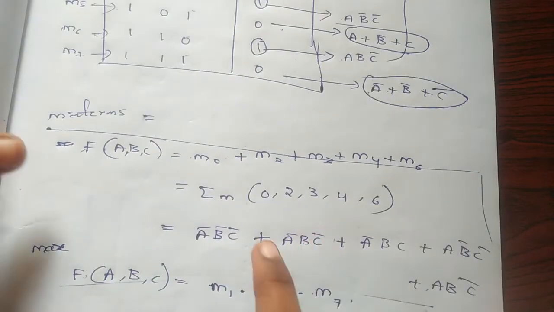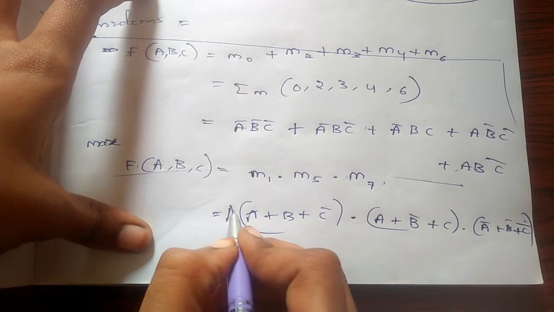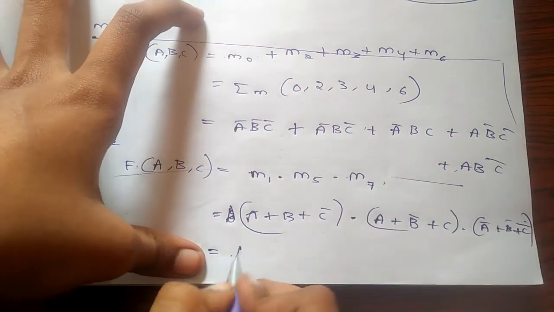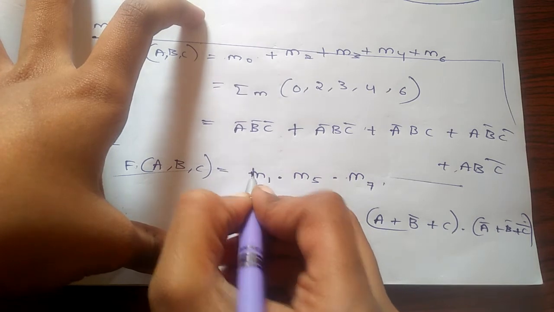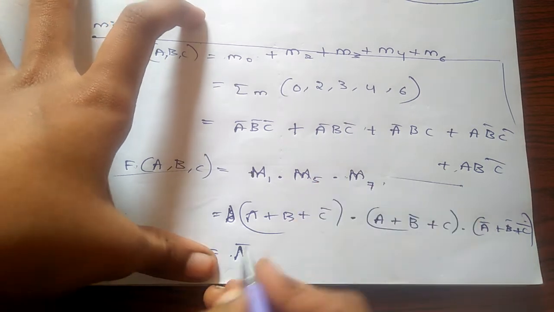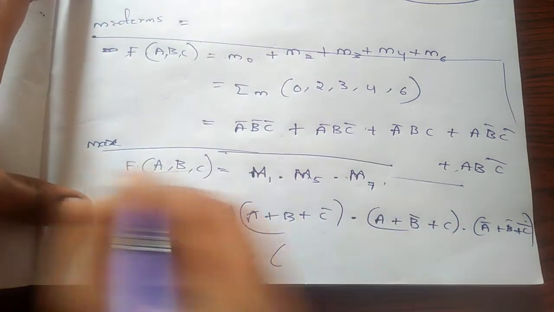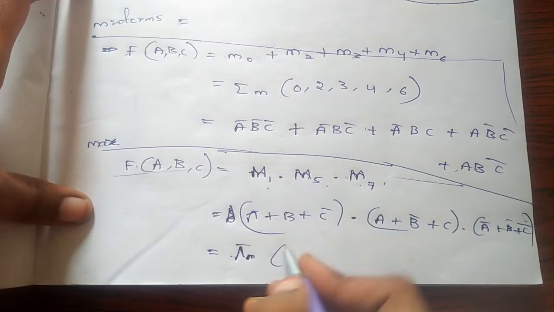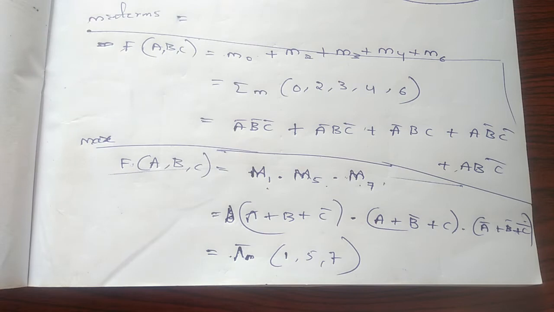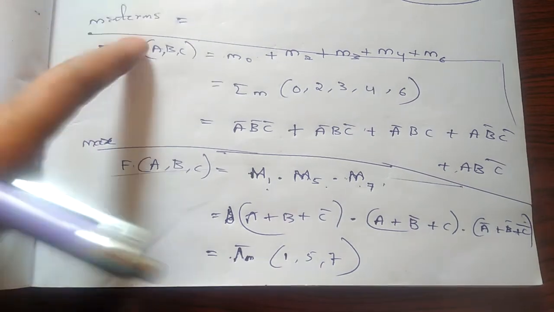This is about the minterms and max terms. Here we represent with pi capital M. If you want to represent in simple form, pi capital M. Here too you have to mention it in capital. Capital M, max terms. So what are the variables that we have here? 1, 5, 7. This is a simple notation. If you know the min terms, you can easily write the max terms. If you know max terms, you can write min terms.